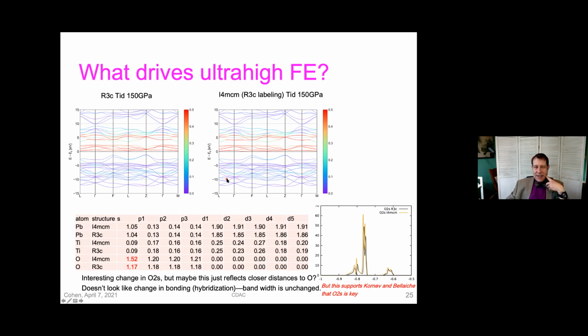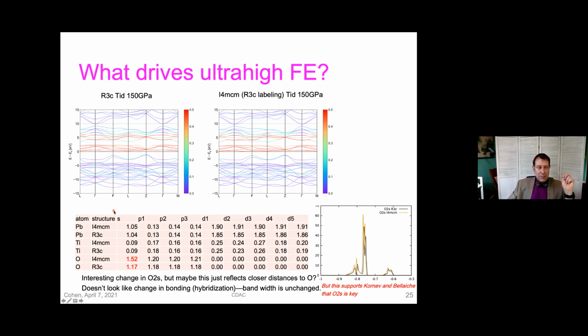But it's not easy to see that it's so different in the ferroelectric phase and in the non-ferroelectric phase. In fact, they really look identical. So what you can do is add up the amount of each state up to the Fermi level. Below zero here are the occupied states, and above zero are the conduction band states. So you see the titanium D states are conduction band states. They're involved in the second harmonic generation signal, but they're not involved in the total energy directly.